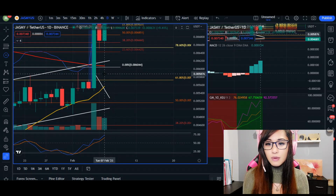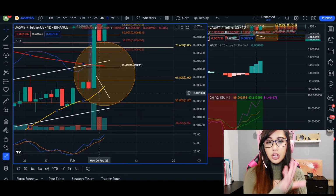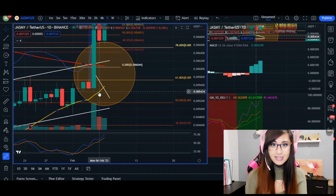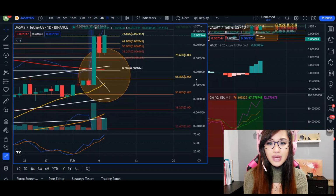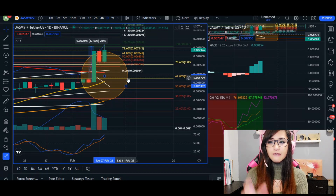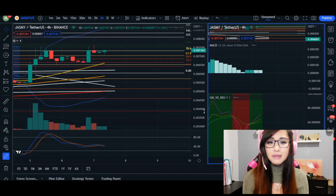And if we can almost predict it, it may happen in the next couple of days here. So here's our 200 moving average with our 20 moving average. And what that essentially will cause is a golden cross. Now, a golden cross is the opposite of a death cross because the golden cross is going to give us a warning or an alert that the uptrend itself is going to be for a long period of time. And the time frame we're looking at is our daily time frame. So knowing that we are going to see hopefully a crossover between our moving averages, I am very optimistic right now here for Jasmy. Let's head over to the 4-hour time frame because this is where we're going to see